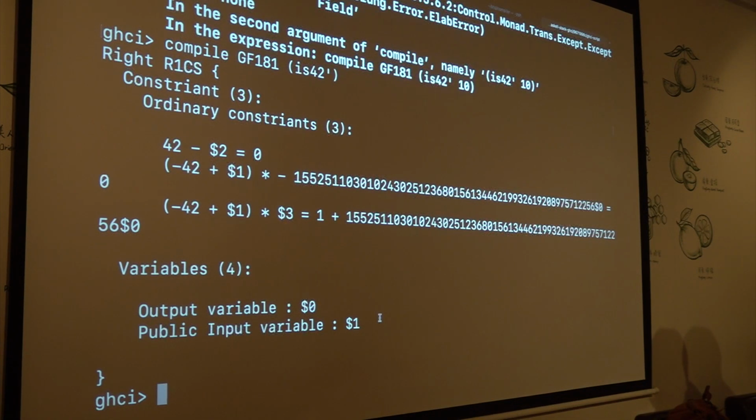This program has one input variable, which is $1, and we have 3 constraints. So the first constraint says that